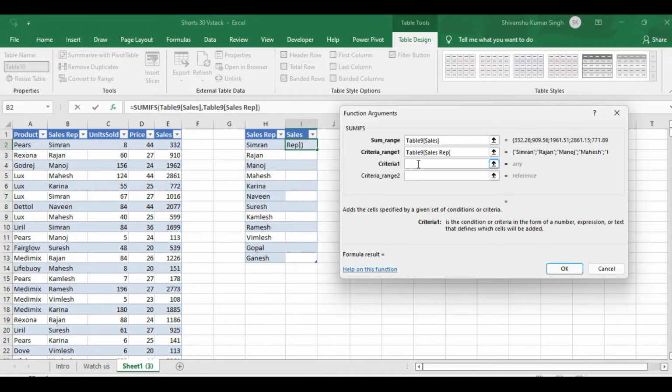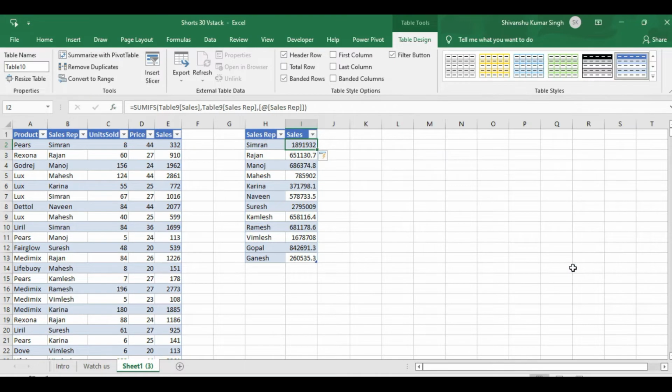Now it is asking where my criteria is. So once I select Simran, Excel knows that in this particular cell, it has to give the sales for Simran only. And I'll just say OK. And see, the sales is calculated for Simran, for Rajan, for Manoj. And if I do a total here,